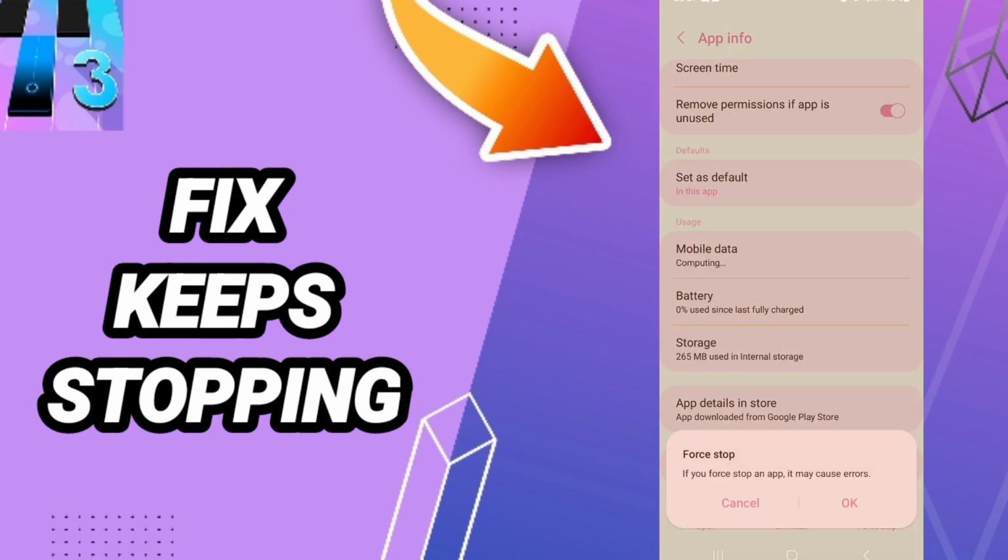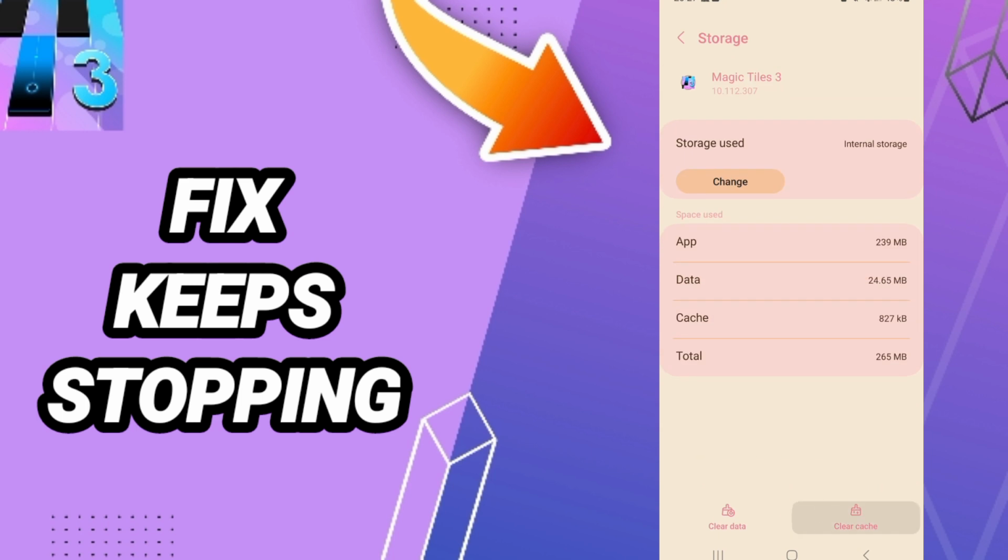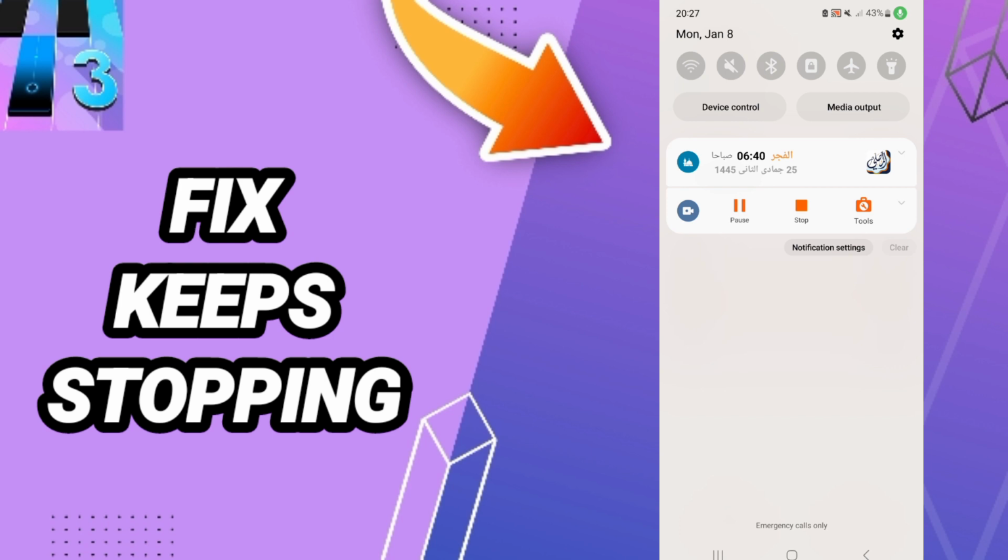Then you can turn off your Wi-Fi, then you can turn it on, and you can go to force stop. Here we'll enter storage. Then you can click clear cache. In the end you can turn off your Wi-Fi and wait a moment to turn on your Wi-Fi